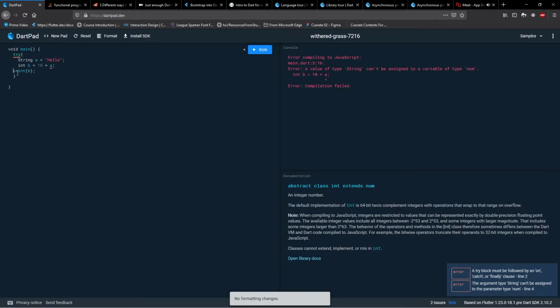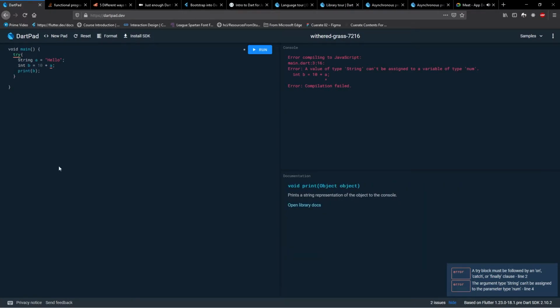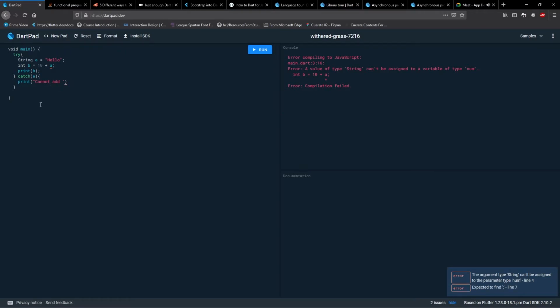You're going to try and you're going to catch an exception. An exception is what an error is. I'm going to print "cannot add int and string".